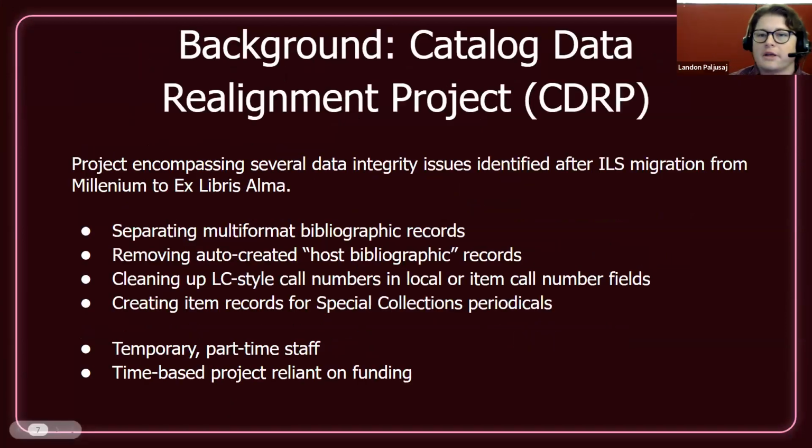So for some background on the catalog data realignment project, this project encompasses several data integrity issues that were identified after UNLV's ILS migration from Millennium to Ex Libris Alma, which happened at the end of 2017. The issues were identified by the head of Discovery Services, and they were ranked in order of priority according to several factors, including impact on discovery and access, obstruction of day-to-day staff workflows, accuracy of bibliographic reporting, and increasing interoperability